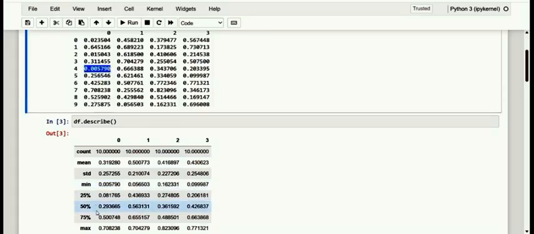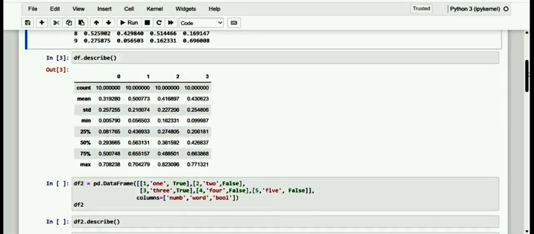And of course, we have the maximum as 0.708238. So, dear friends, we see the element count, mean and its standard deviation, the maximum value of each respective column and the minimum value, and of course the 3 percentiles as 25%, 50% and 75%. And have a note of it, dear friends, this information will be reported only for the columns of the data frame that contain numerical values.